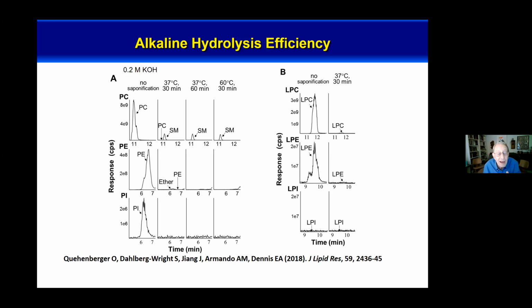Then what happens at minimal hydrolysis conditions that I showed you for the fatty acids, 37 degrees for 30 minutes, and then at some more stringent conditions. All the PC is gone, all the PE is gone, and all the PI is gone. So all the phospholipids are completely hydrolyzed under these conditions. What remains is SM, sphingomyelin, because these conditions don't hydrolyze the fatty acid on the amide. Also, ethers or plasmalogens are resistant to this hydrolysis condition, but we're hydrolyzing all the free fatty acids